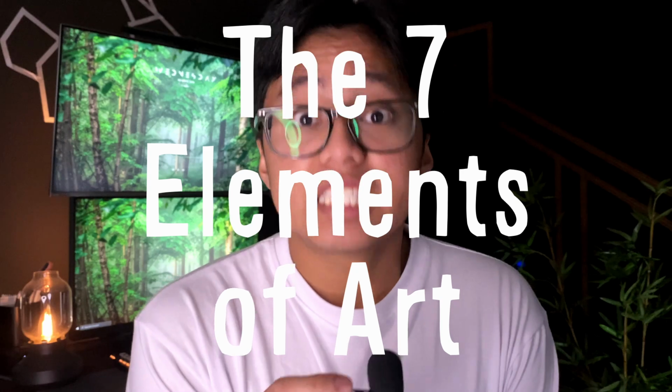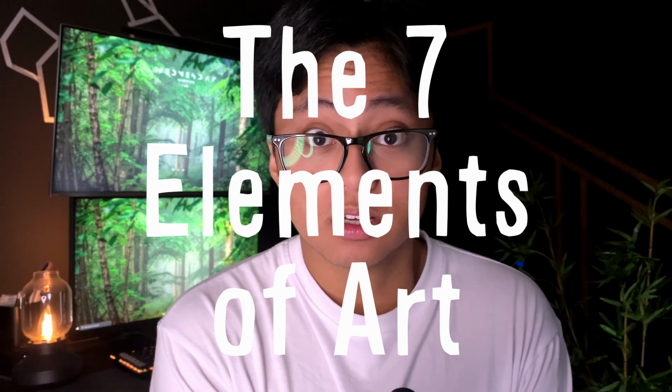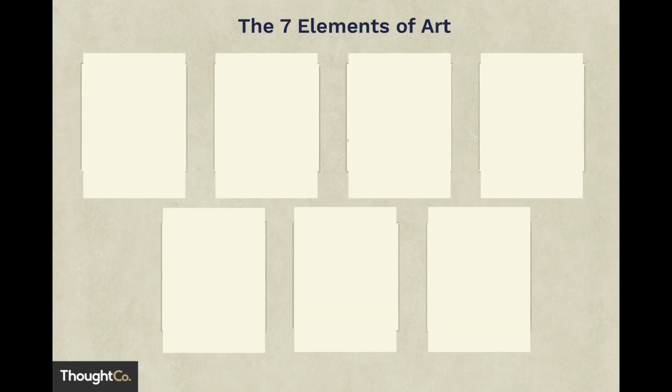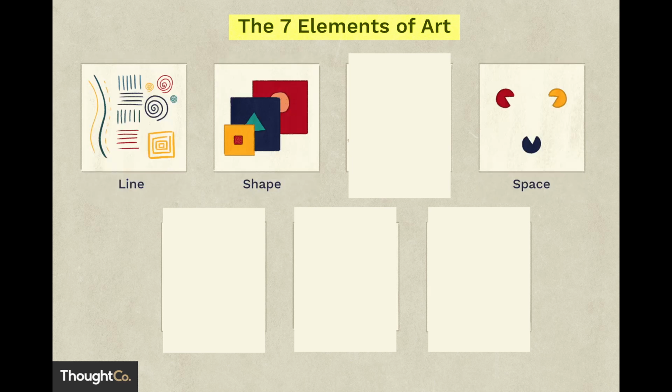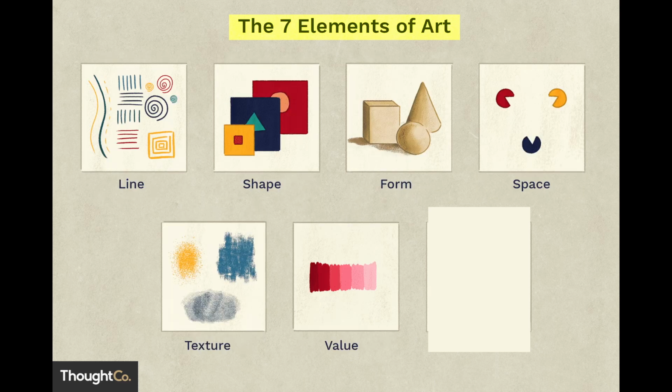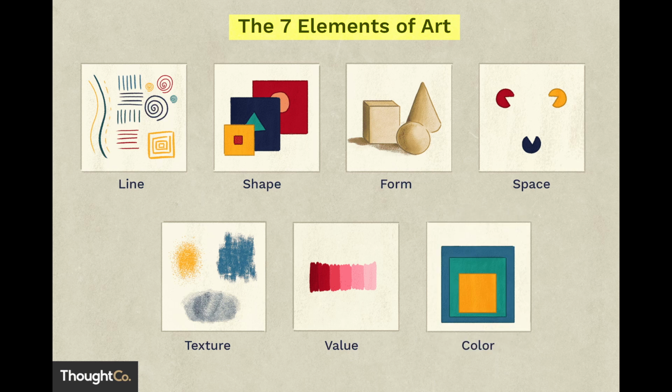Well, we need to go back to the fundamentals, the 7 elements of art. Sorry, I just like Vsauce, okay? And bold men too. Any good artwork should contain all 7 of these building blocks. We have lines, shapes, space, form, value, texture, and color, which is the one I want to focus on, since